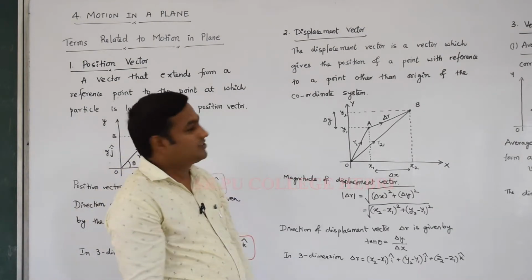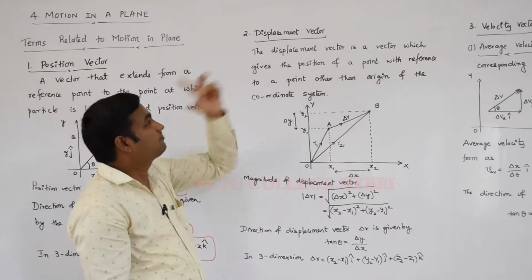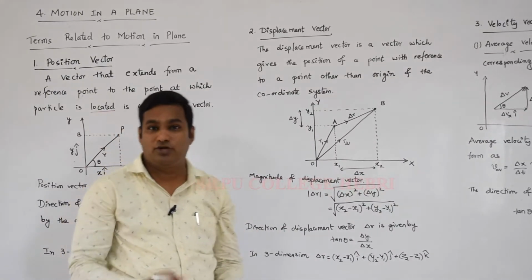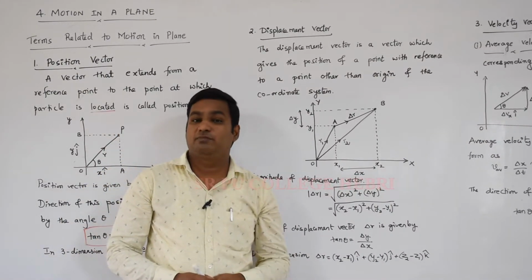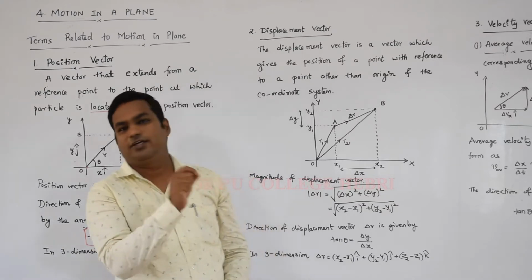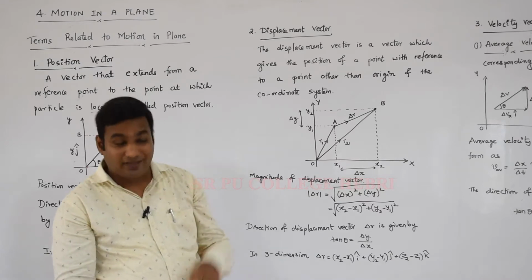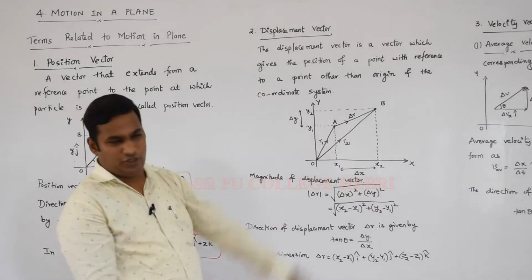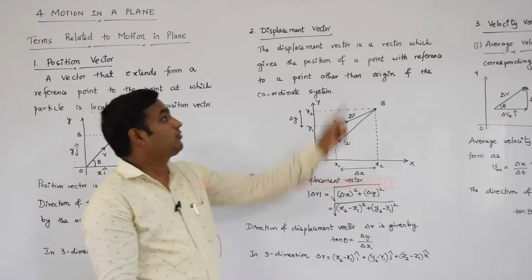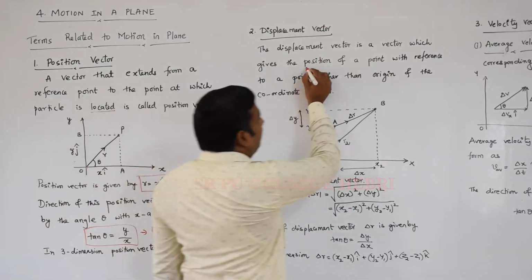The next concept, point number 2, in motion in a plane: the displacement vector. Everyone has heard about displacement. Displacement is nothing but the shortest distance between the initial position and final position of a body. In the vector concept, we call it the displacement vector. The displacement vector is a vector which gives the position of a point